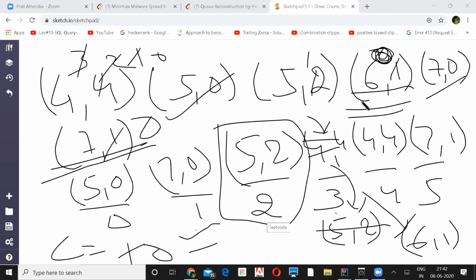Yeah. So the other way people are implementing it is you first sort in descending order by height. And whenever the heights are the same, you sort by the second parameter, the count, in increasing order. Then you traverse the whole list and start inserting, where you look at the very beginning position and then add the second value to that.